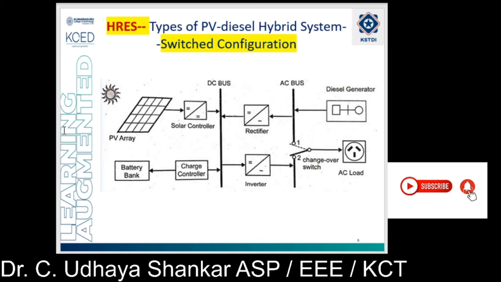The advantages: the inverter generates a sine wave, and the diesel generator unit supplies the load directly, and this results in high efficiency. The drawback is that power to the load is interrupted when the AC sources are being transferred. Whenever the switch is operated, you will observe a slight discontinuity in power. So this is not suitable for critical load applications in hospitals and industries. Maybe in the residential case this will be good, and for commercial complexes this might be good, but it is not suitable for